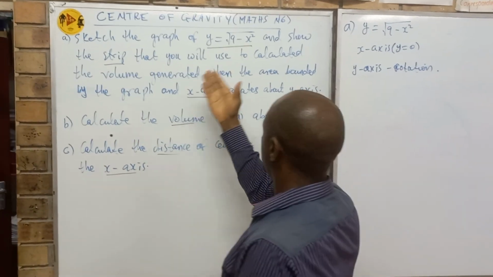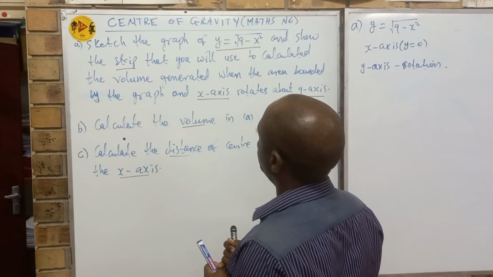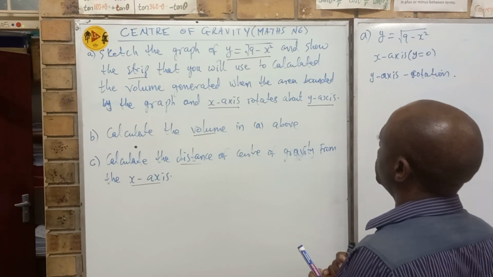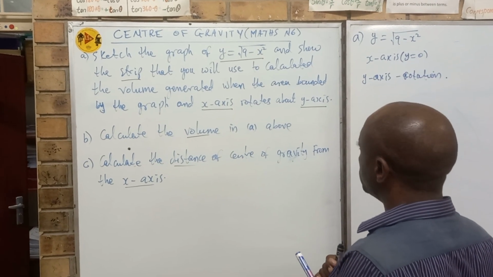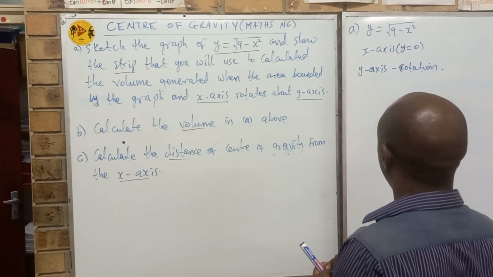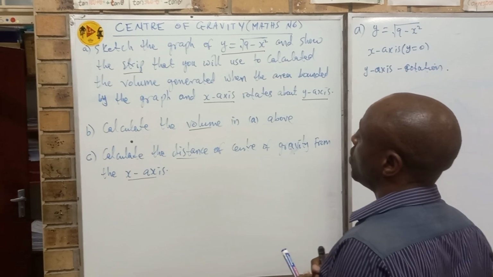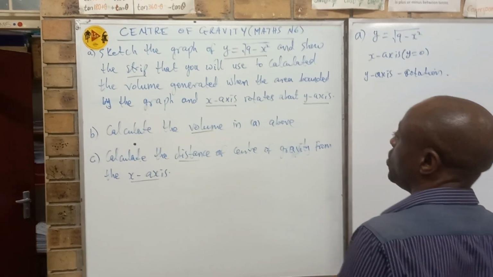So we have seen this graph before. When we did it the first time, I said it can be solved in two ways. I solved it first of all with a vertical strip. Now I want to show you how to handle the same thing in case you choose to go for a